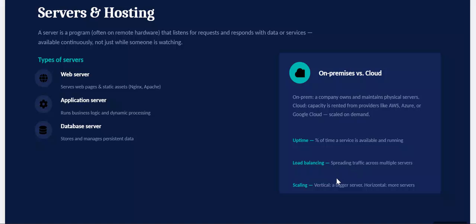be fast when running. Now scaling is vertical, a bigger server, or horizontal, more servers. So vertical scaling is getting a bigger server, just one server that is bigger. But then horizontal scaling is getting multiple servers to do the job for the application. So you need to consider all these when getting your server for your application. AI will not get your servers for you, but it can suggest the best for you. So then moving on,